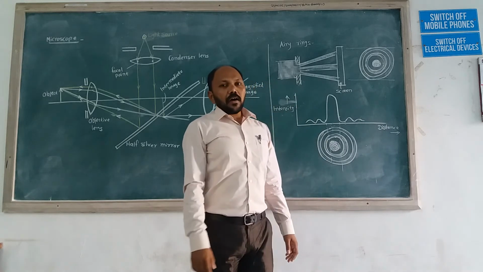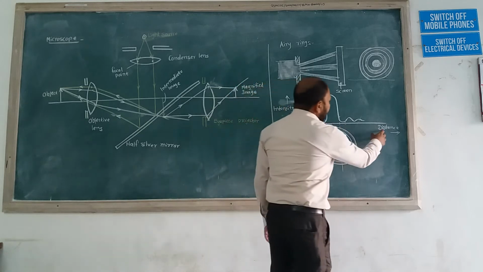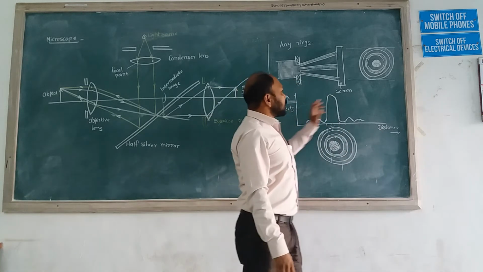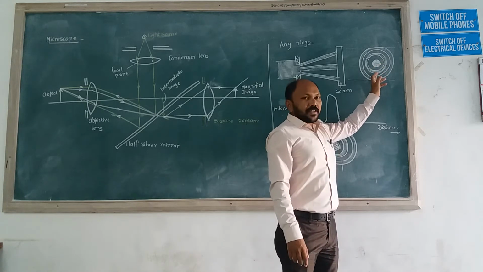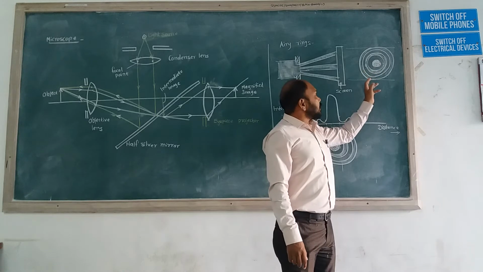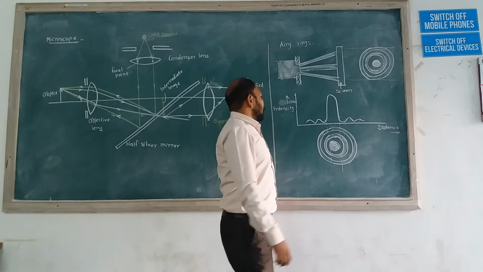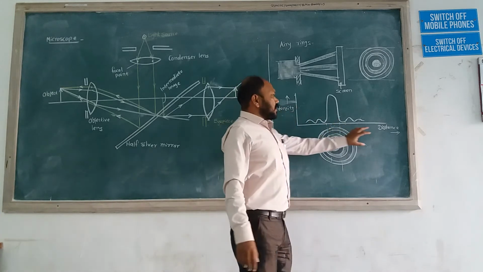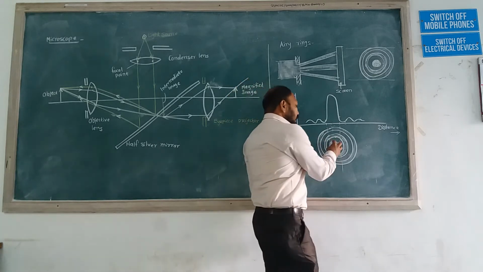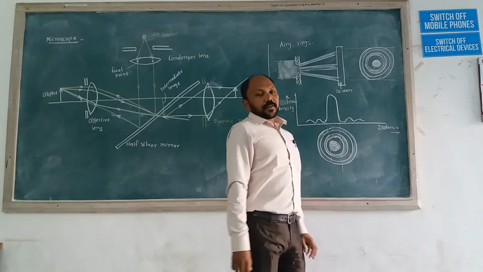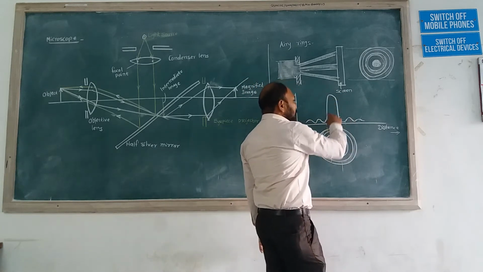If we plot the graph of this Airy ring, then we plot intensity versus distance. Intensity is high at the center portion. Then intensity is reduced as compared to the center. Intensity is very less as compared to the inner two rings. So if we plot intensity versus distance for this Airy's ring, then at the inner portion the light is very bright, so the intensity of that part becomes very high.